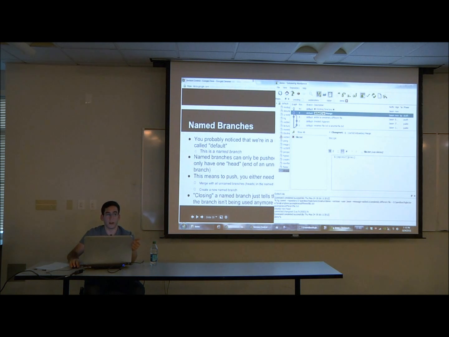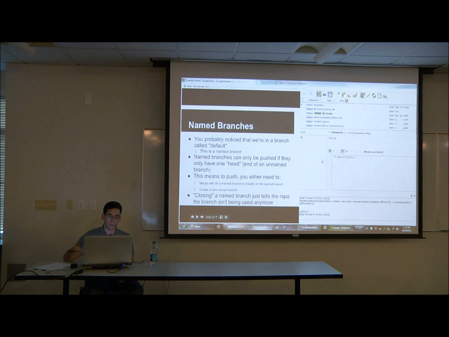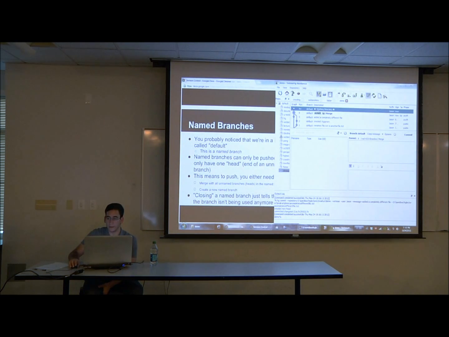But if I did another unnamed one, essentially you can only push if there's only one unnamed branch in each named branch. Like I said, the naming scheme kind of makes it confusing, but it's pretty simple once you see it. Essentially, what this means is that to push, you either need to merge all the unnamed branches in the named branch, or you create a new named branch. And so to do that, all you have to do is, before you commit, you can actually just commit making a new named branch,